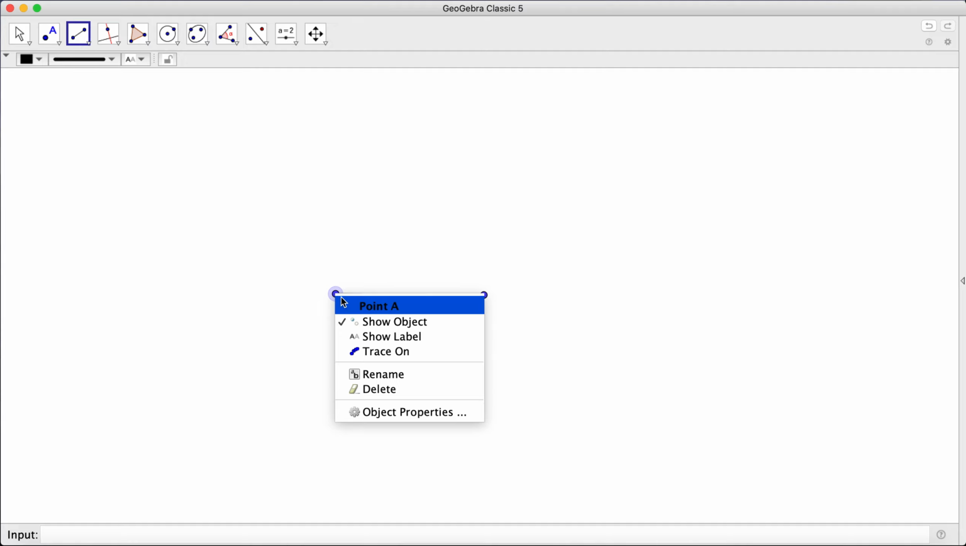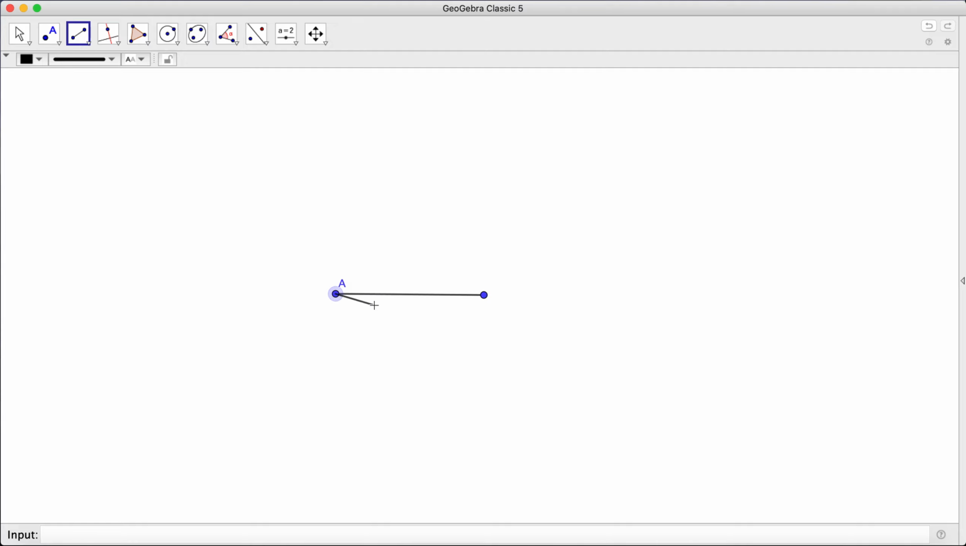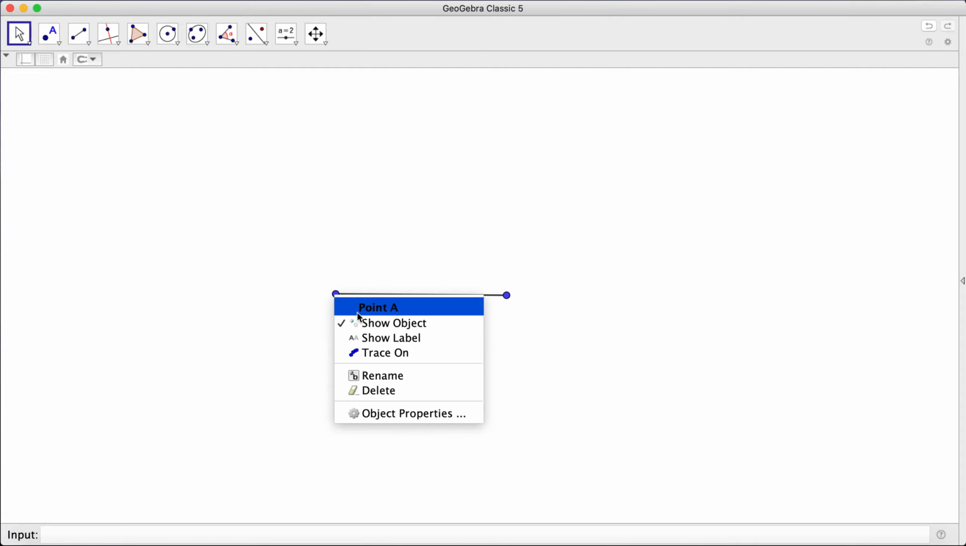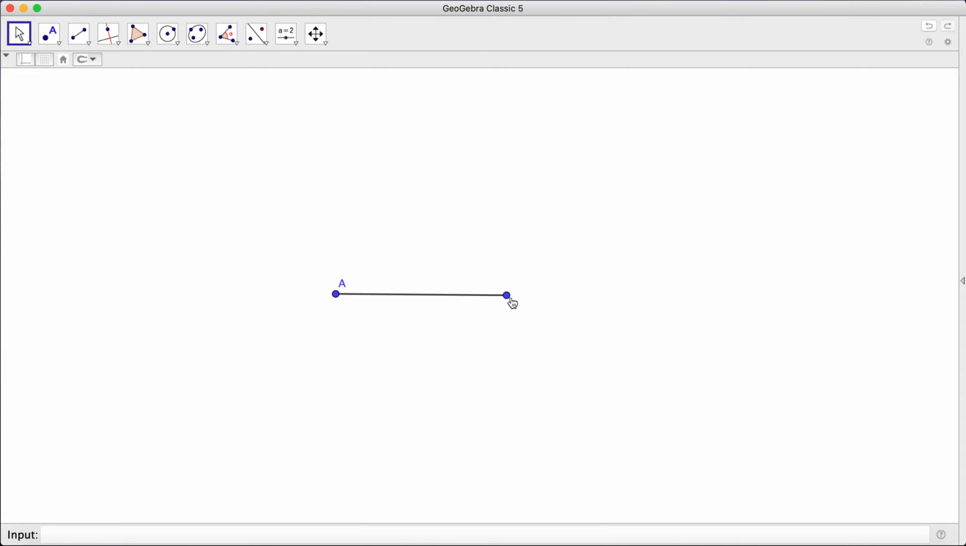And what we can do is we can show label, so we can see point A, and then we can see point B. Okay, and we can use our pointer to move the label around. I want to build my triangle up here, so I'm going to move my labels down here. Okay, so there's A and B. Now what we're going to do next is construct the point up here for the equilateral triangle,